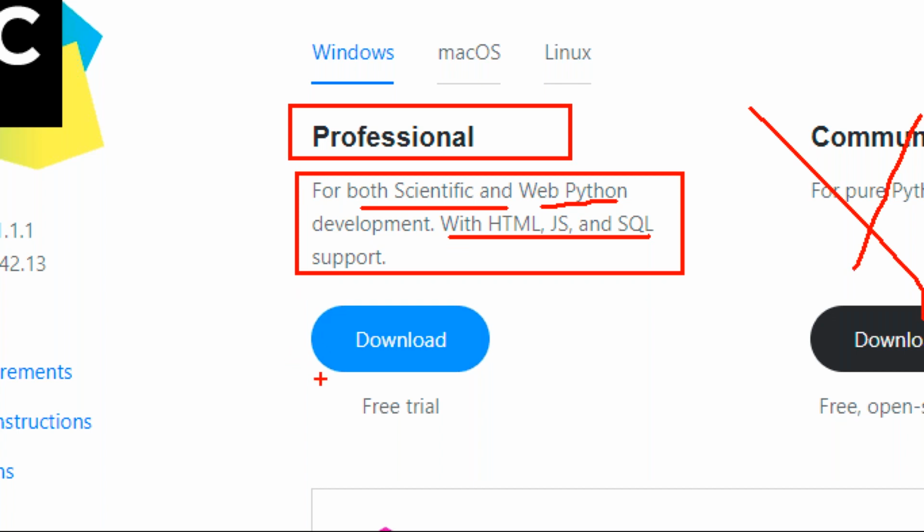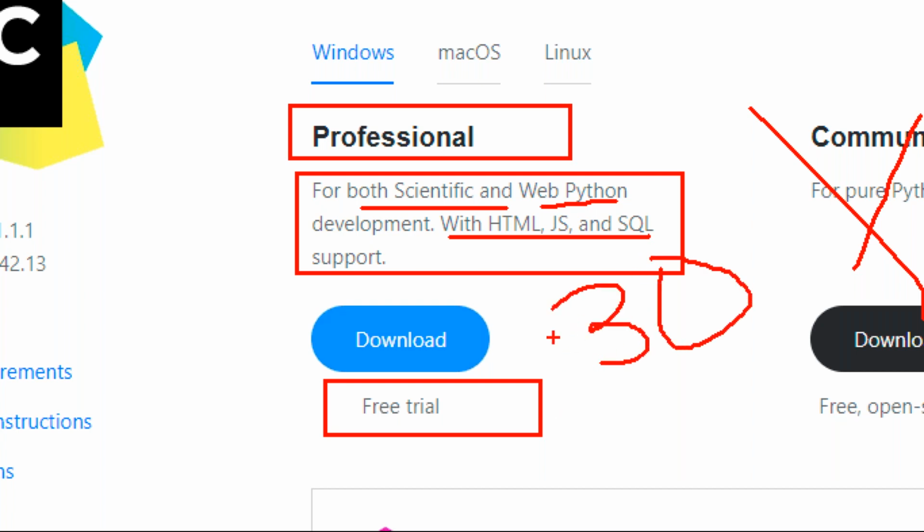And there is a free trial, guys. Free trial means it works only 30 days if you download this one. After 30 days, it is going to ask for a license key, license username and password, or an activation code. If you buy that license for 1 year, you can work with that. Okay, guys.